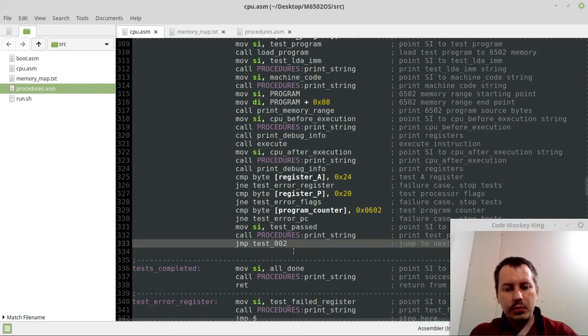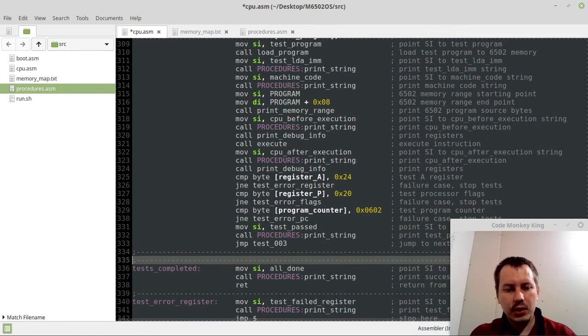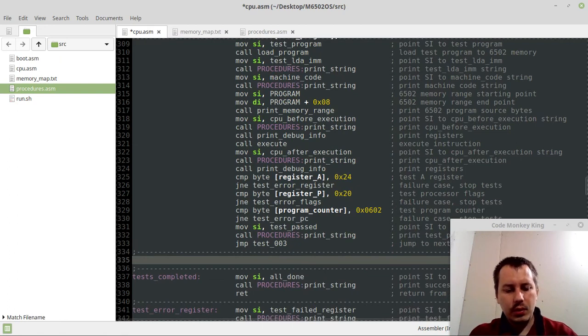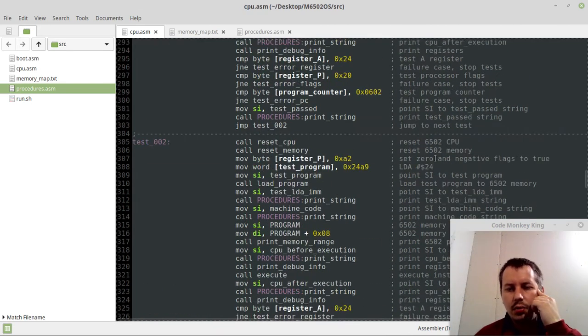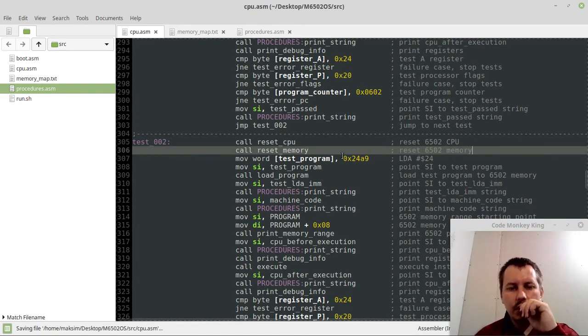Here I want to jump to test 3, which is going to be the next test case. So test 003, but it's just an empty label, so for now it would just drop to test completed. Alright, so I don't want to do anything with the registers, right? So initially, before the B4 state should be 20